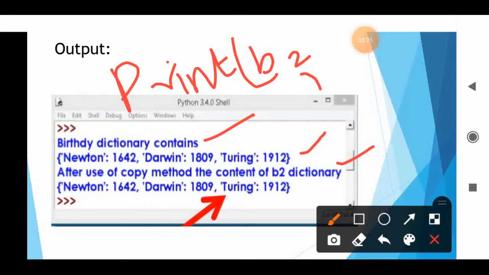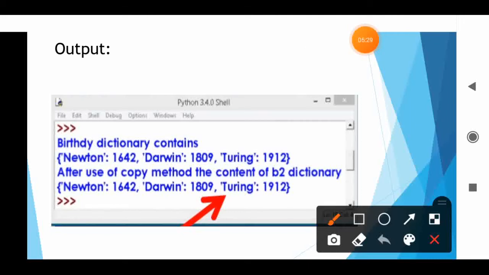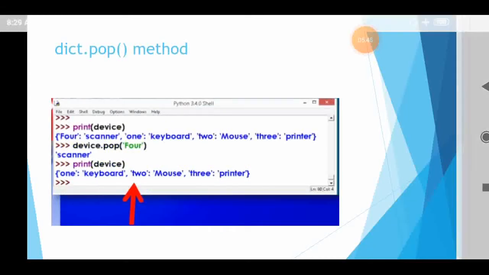What is the value of b2 now? It takes the shallow copy of the birthday dictionary value, and it will display the message. Okay, you can use this copy method. This is the way to write the copy method: dictionary name dot copy.